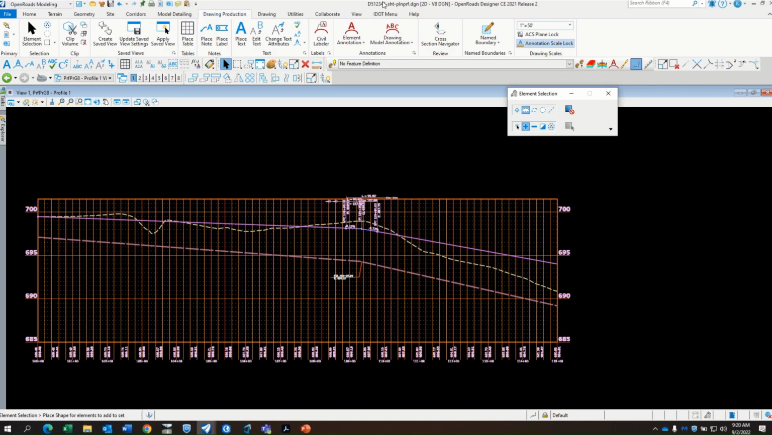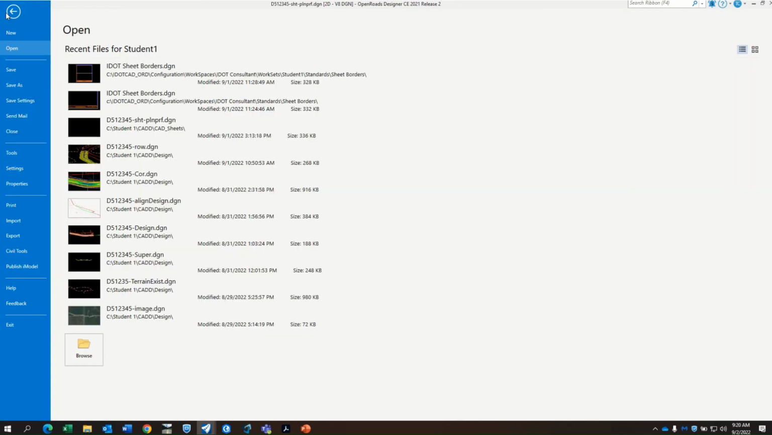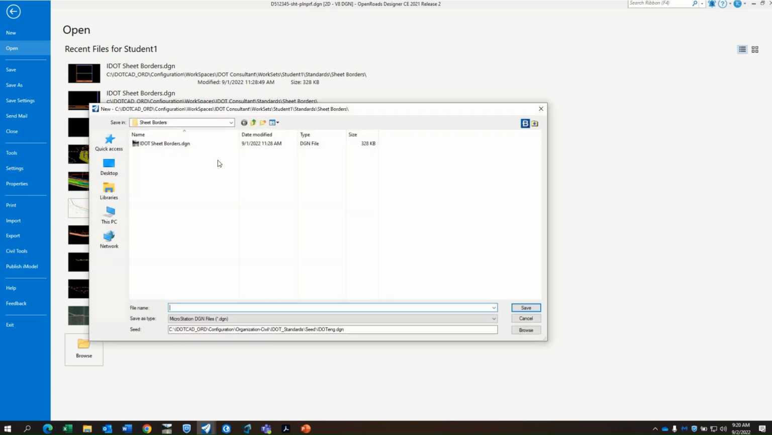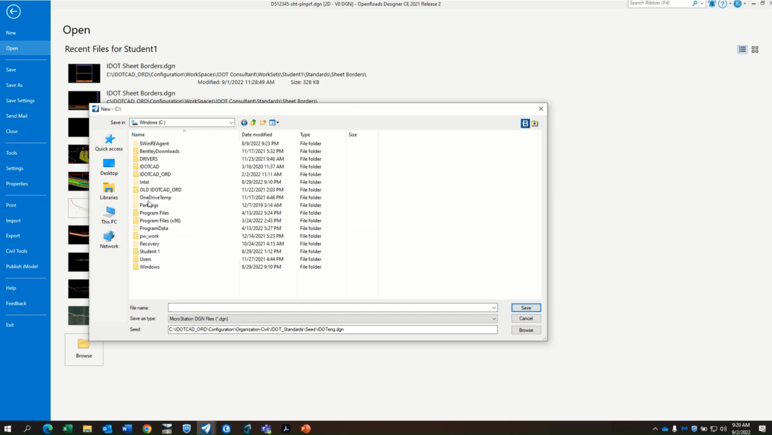Okay, let's see, we left off in this sheet plan profile. Let's go ahead and create a new file in order to place our named boundaries. All right. So in order to do that, we're going to go to New. We want to path out to your student folder,